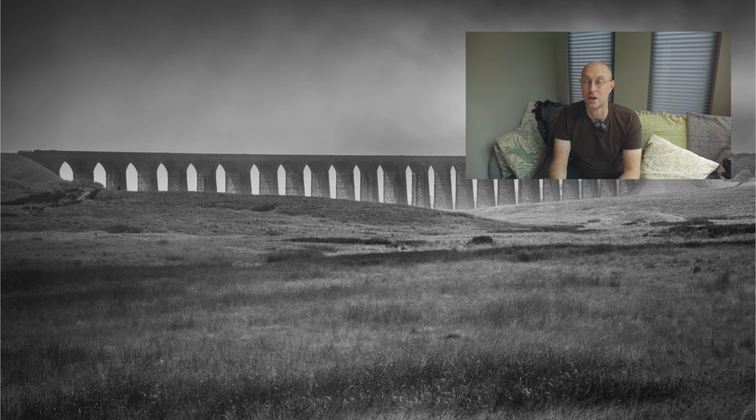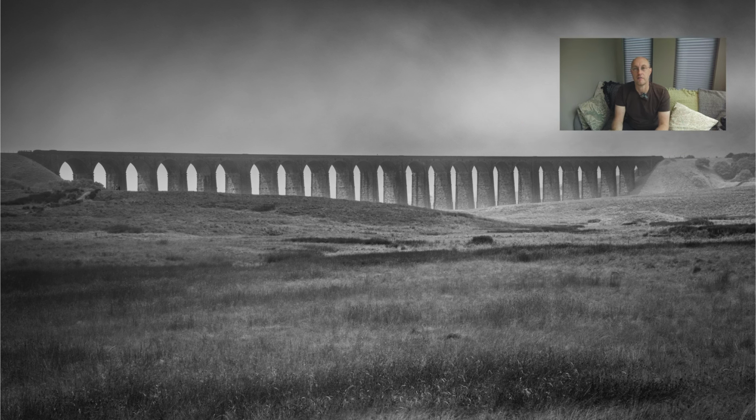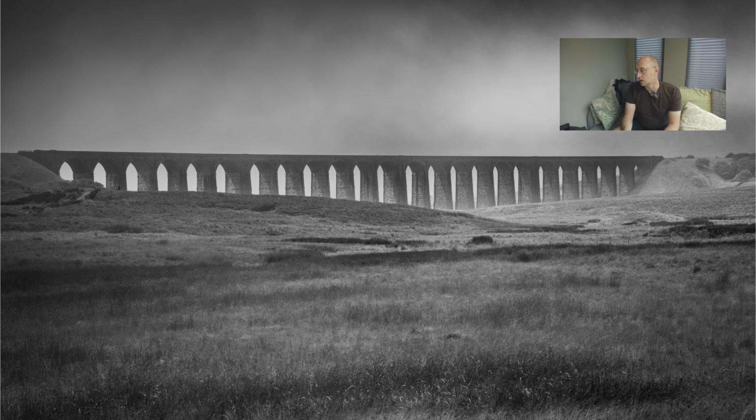Although this isn't a perfect image, and certainly if you go and look back at Landscape Photographer of the Year, I think there's at least one, if not two shots that have been commended for views of this viaduct. Quite rightly, because it's a fantastic kind of situation to find yourself in. For me, I've tried to just bring out the